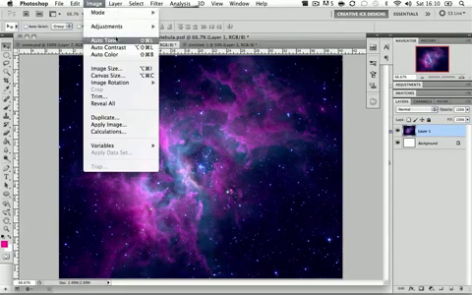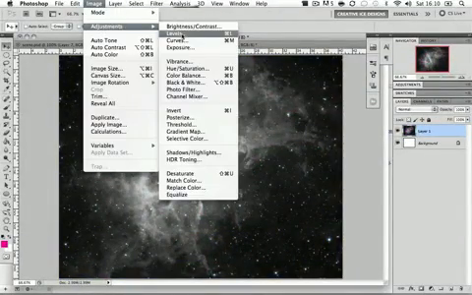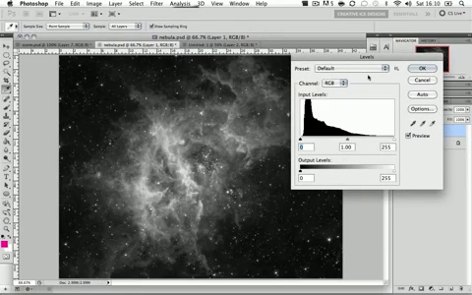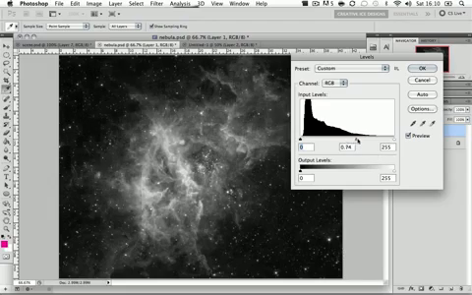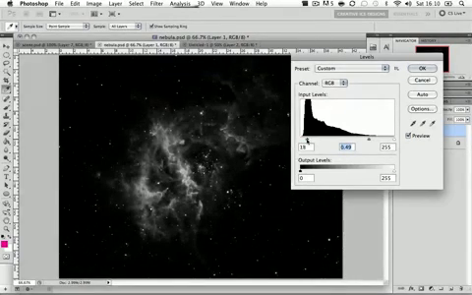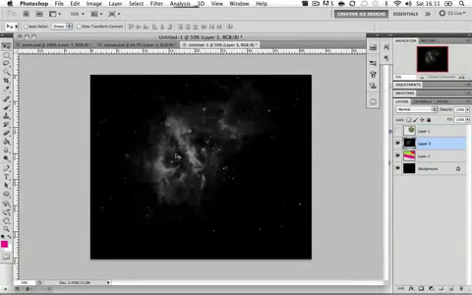We're going to go to Image, Adjustments, Desaturate. Then we're going to go Image, Adjustments, Levels. Now what I'm going to do with the levels is make it a much darker image, with as little white as possible and mainly grey and black. So I'm going to drag the grey to the side, drag the black a bit to the side, and drag this white to the left, and that looks pretty damn good. Press OK, and we just drag this file into our